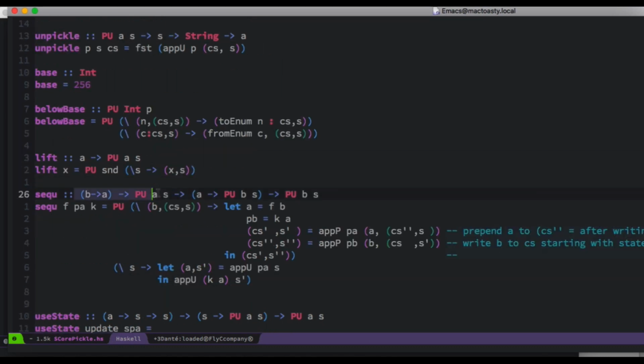Now sec is the most interesting part. It's still the same signature as before, and we apply the same procedure. We extract from B some partial information A. With that partial information A, we select a specialized Pickler for B, PB, and the touchy part is here. We still want to have A ahead of the stream, right? When we decode the stream, we want A to come first, because that's what will allow us to select the specialized Pickler for B. So we write A using the Pickler PA,